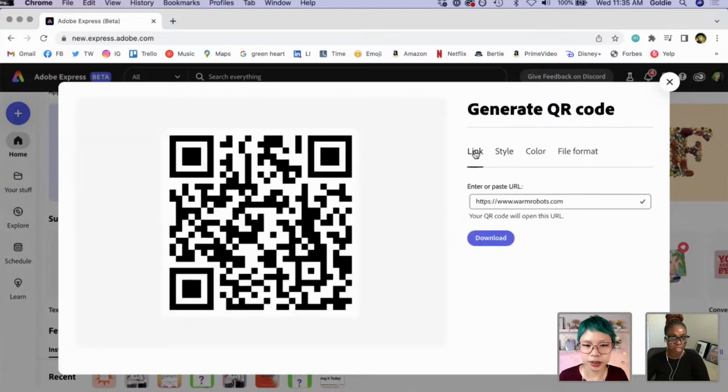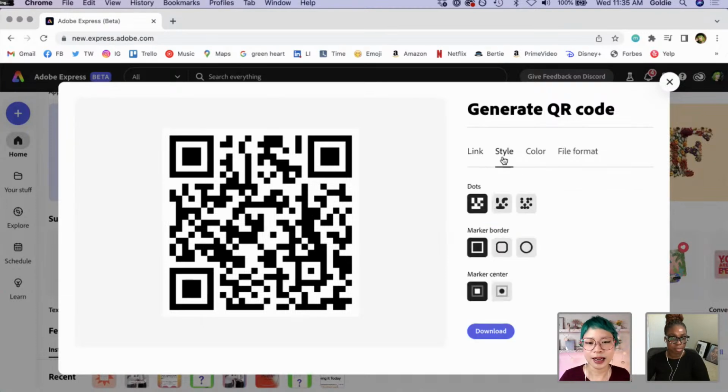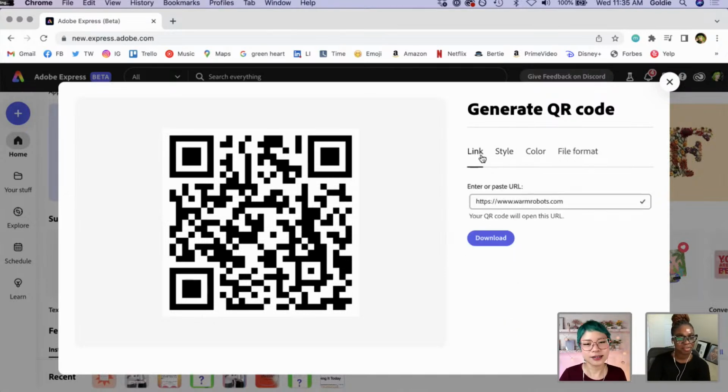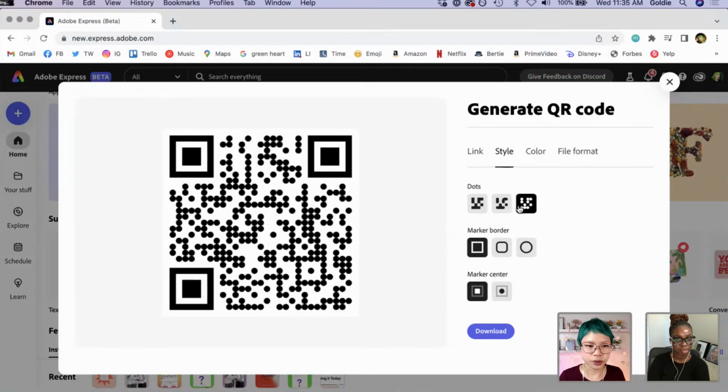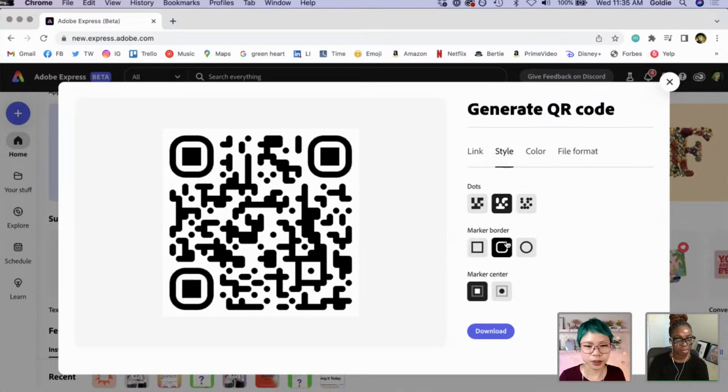And then what it will do is check to make sure that's an actual URL. And then I want to change the style. So this is the other thing. Here's our plain QR code, which is great, and it's fine. I also think all of these kind of vaguely look like bunnies. And then here's a bunch of different ways. We can have squares, we can have more circly, or we can have really dotty. I like this. I'm going to make the border, make everything round.